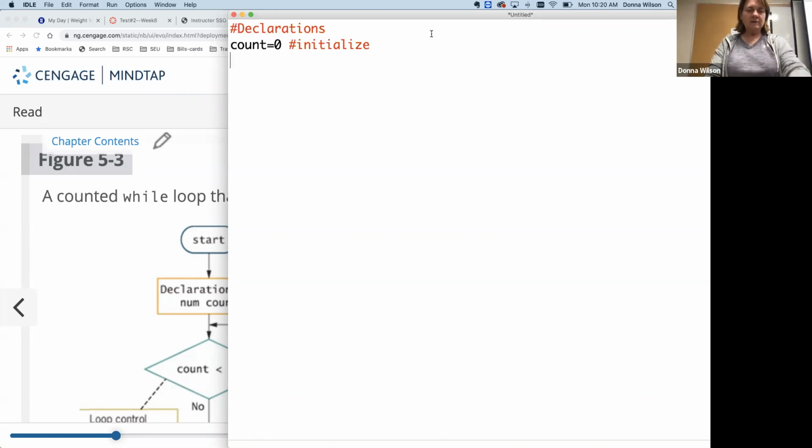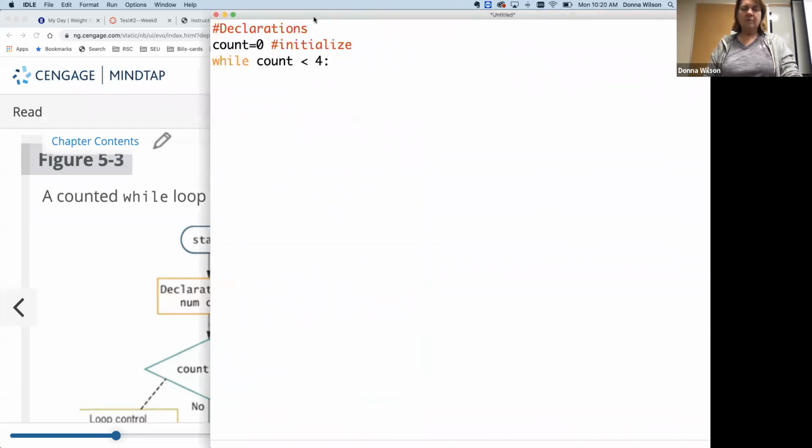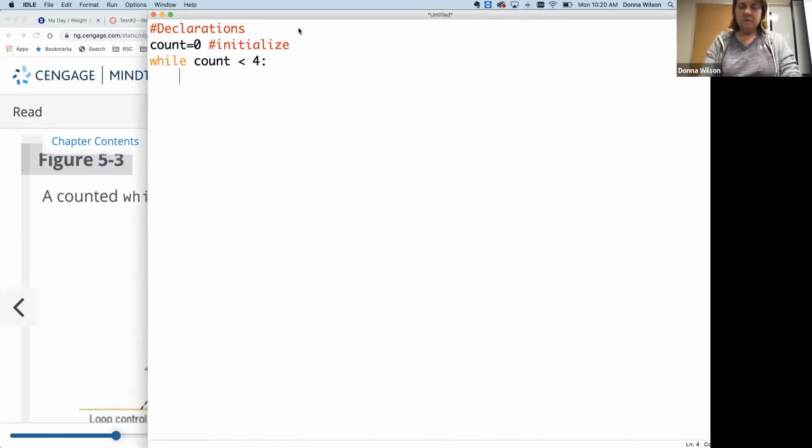So we're going to put by each one of those which one it is. So what do we need to do next? What's our diamond shape say? While, oops, not there. So we say while count is less than 4, because we're going to do it 4 times. So there we put a colon in Python like you do with the if else. Then it indents over for you. While count is less than 4, what do we want to do? What does our program say we want to do? Output hello, right? So we would say print